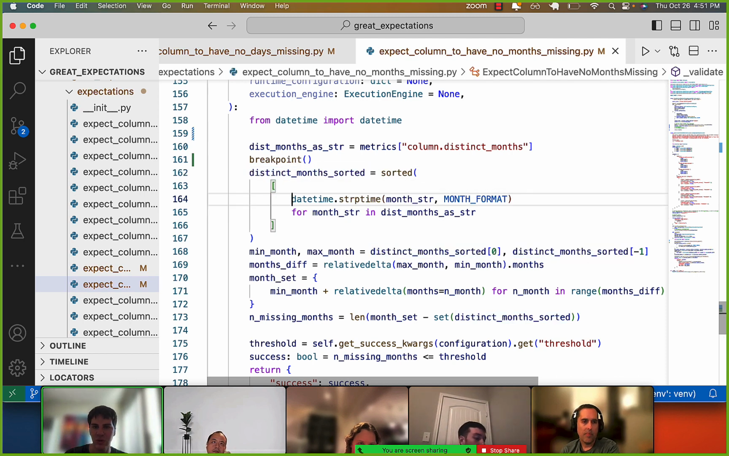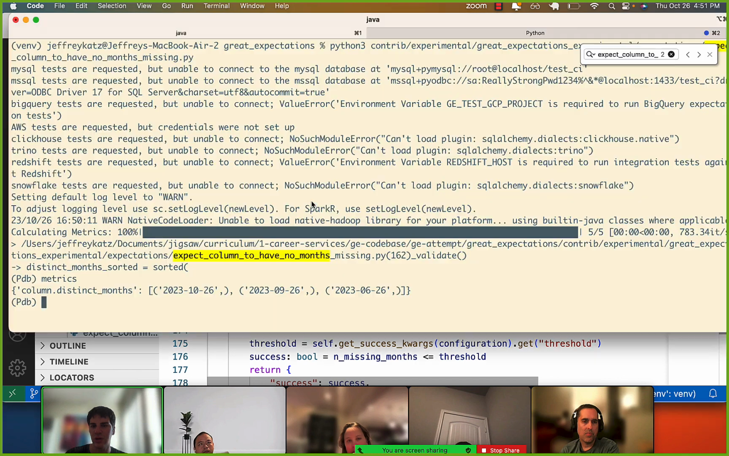Like we need to turn this into a bunch of months. And this should probably be a datetime object. So let's see what datetime.strptime does. It takes the month string and some sort of format. And then, so basically we can do like datetime